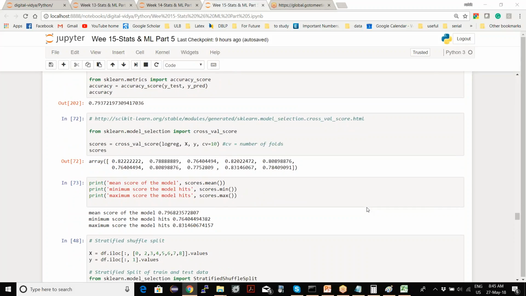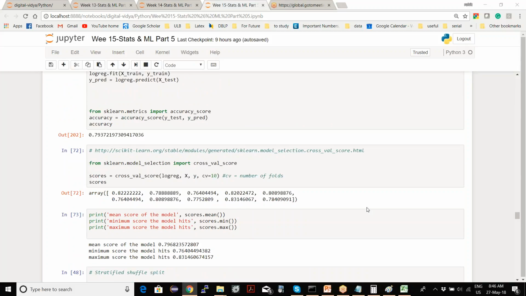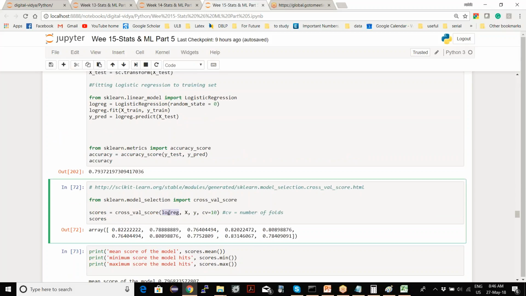Okay, so let's see how it works. All these things which I talked about, dividing the data into different groups, then cross-validating, then finding the average score, can be done using just one line of code. There is a method called cross_val_score. You create your model, say a logistic regression model, so you create an instance of the class LogisticRegression. You pass some parameters you want to pass to it. You pass your complete data set X and your target Y. You say, okay, give me 10 folds. Do a 10-fold cross validation.